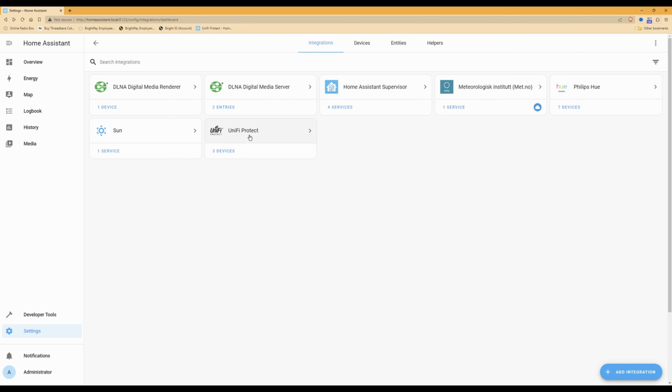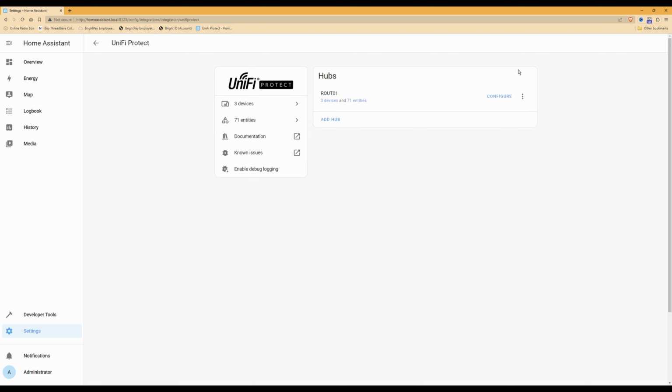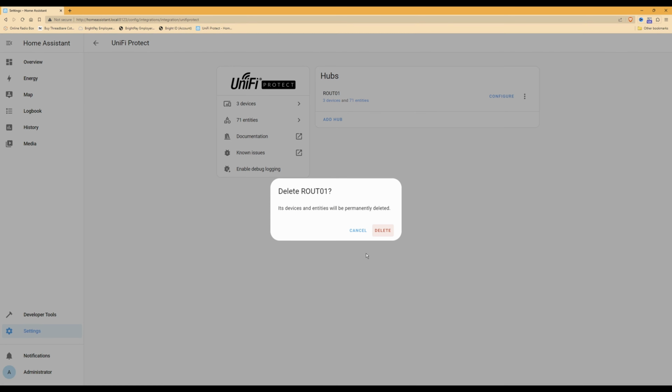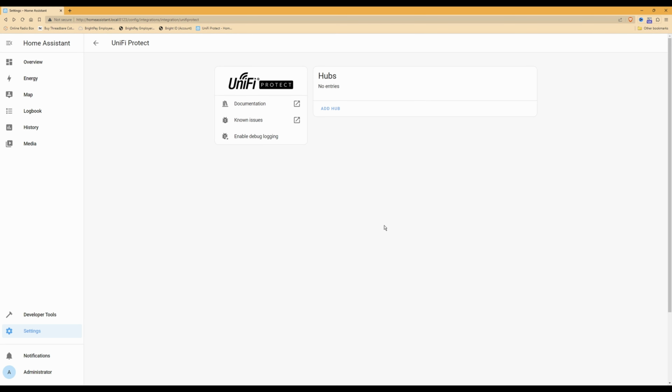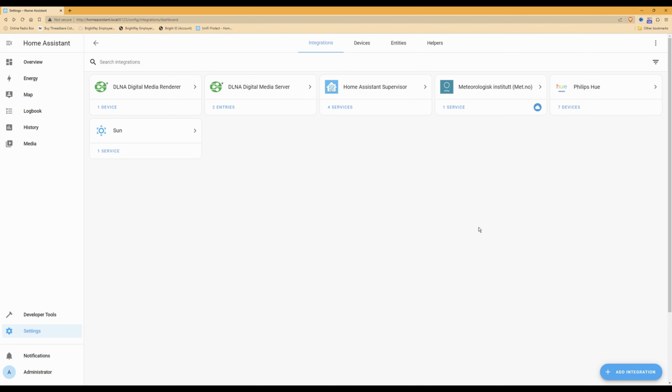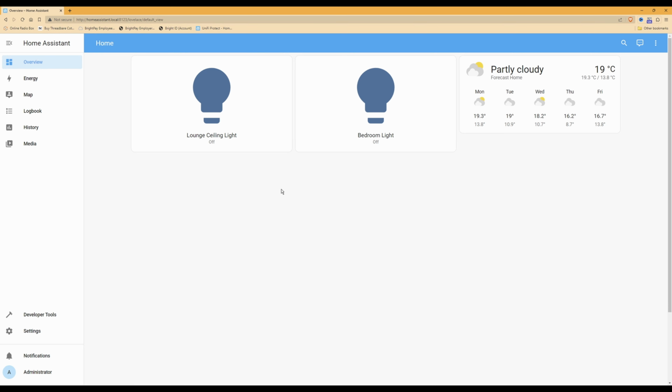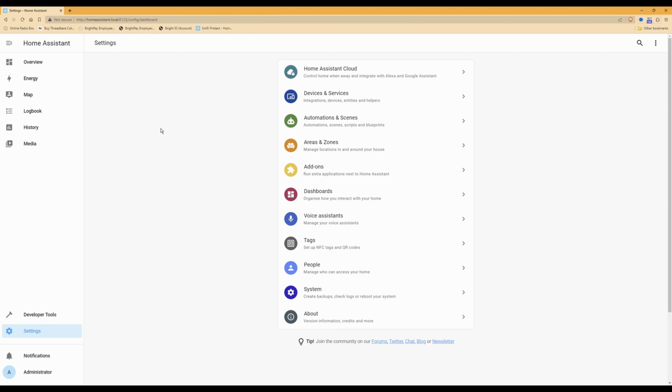Now you will see that UniFi Protect has been added to other integrations. So if UniFi Protect, for example, doesn't get detected automatically for some reason, I'm going to now show you how to add it manually. So I'll just go in and delete UniFi Protect and then go back to the overview screen. So to add UniFi Protect manually, you need to click on Settings, and then from the Settings menu that appears, you need to select Devices and